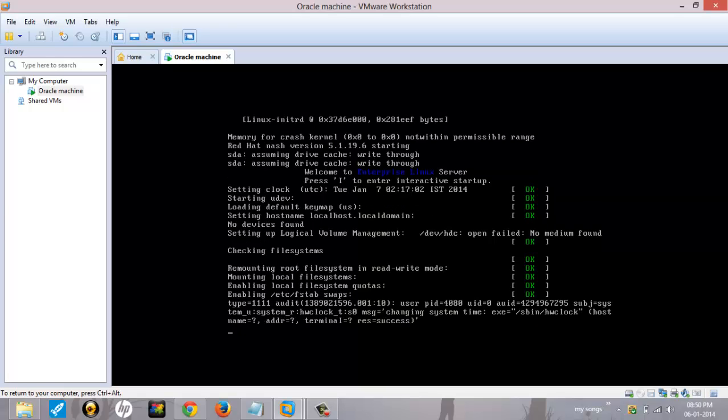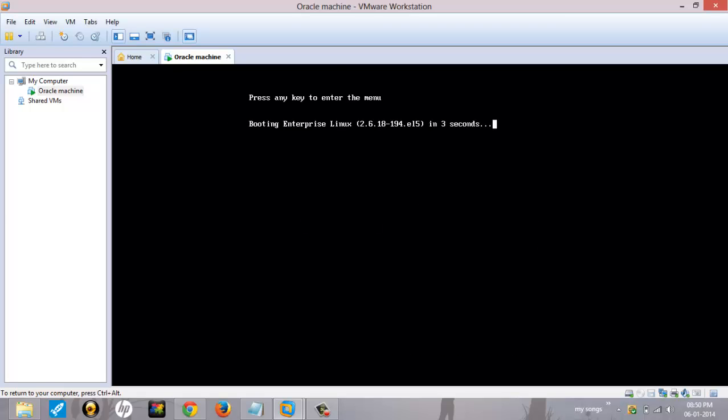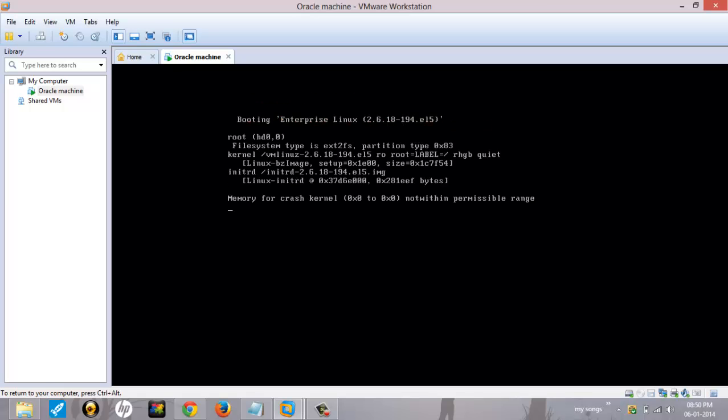So even in real-time environments, people will be disabling this firewall and SELinux, because in most scenarios it will take a long time for an application to cross all those hurdles and start executing. Linux is a highly secure operating system, so it will not allow any executable files without crossing these security parameters. Since we are using Linux as a command language, there won't be many virus issues like in Windows. Okay, so we almost came to the end of this installation part, so we're going to get the